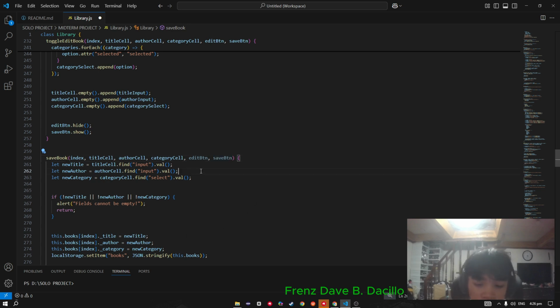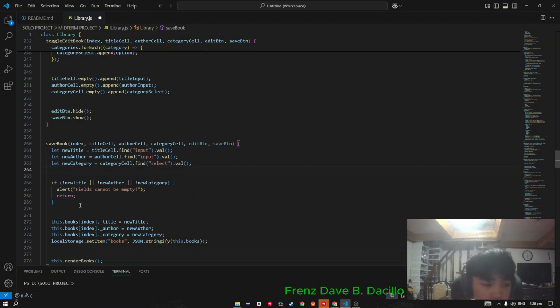Now we get the new values from the input fields using find. This line of code shows that it has error handling if the user leaves an input field empty. That is all this does.